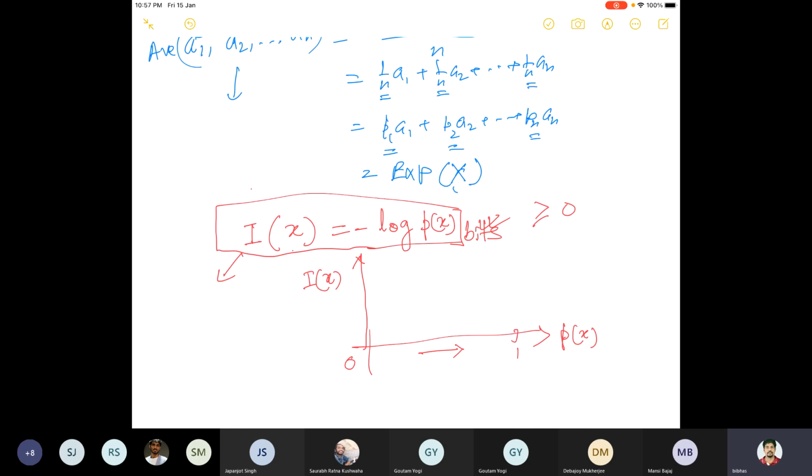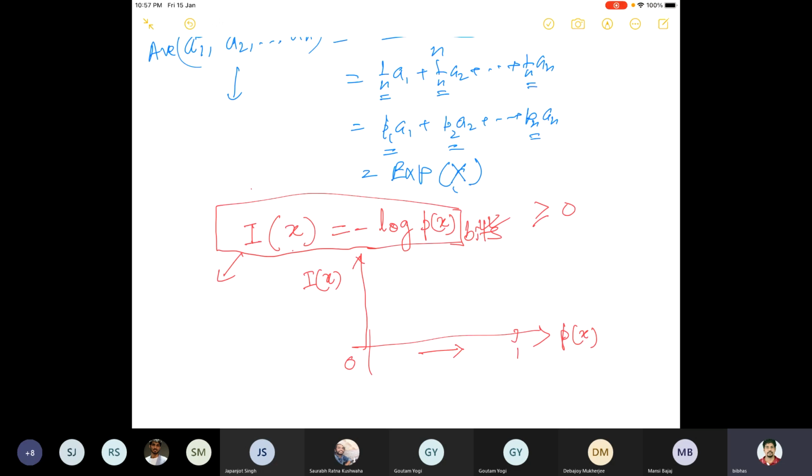Okay, then same thing, you are relating it to uncertainty because some outcome has happened. That means it is all because it was uncertain. Because if it is certain, that means p(x) equal to 1, it has no information. See, p(x) equal to 1, that means it is certain. So there is no information. I(x) is completely equal to 0. So since the occurrence of x is random, there is certain uncertainty involved with it. So that has to be connected with the self-information, which we interpreted in terms of mutual information.